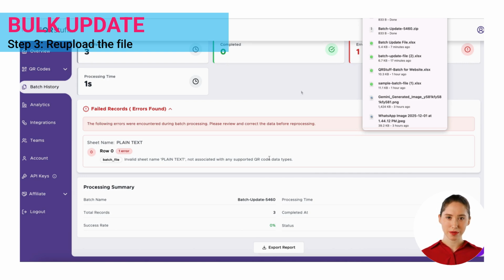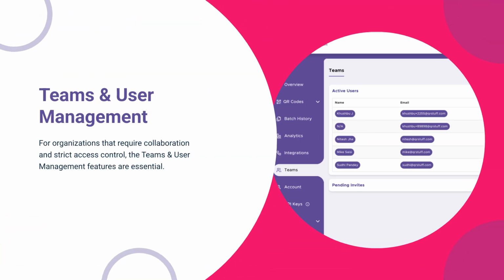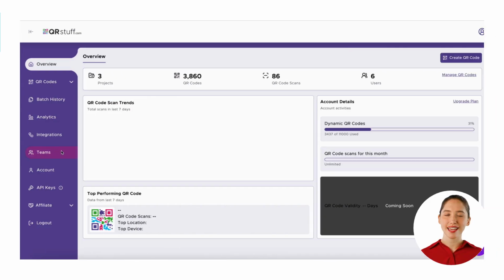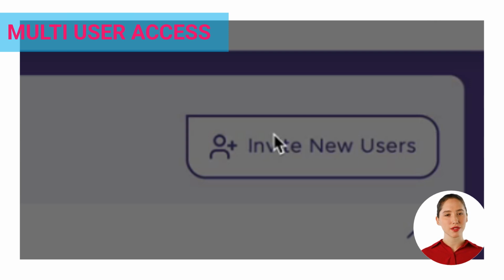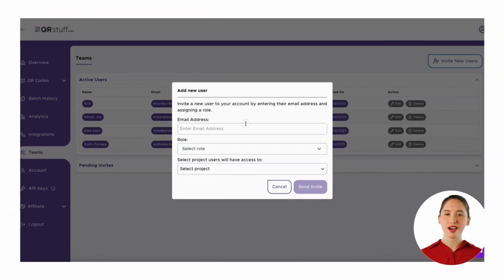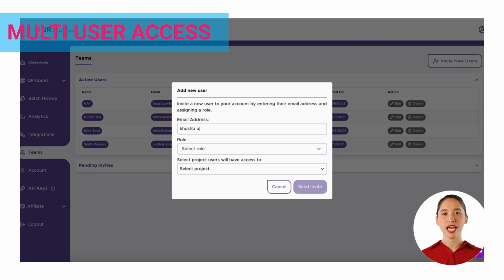Team and user management allows you to easily invite and manage all team members under a single enterprise account, ensuring everyone is working from the same secure platform. To add a new team member, navigate directly to the Team section on your dashboard and click the Invite New Users button. A pop-up window will appear prompting you to enter the user's email address and assign their role, either